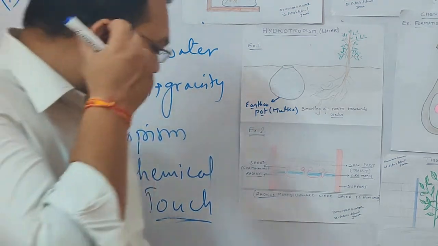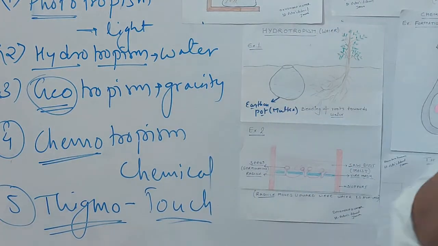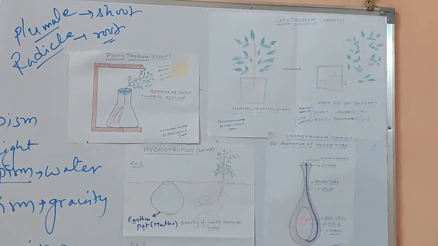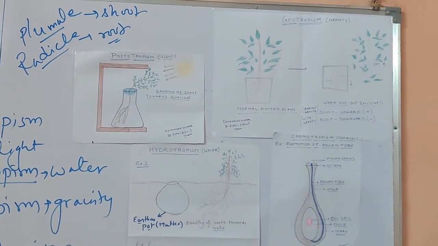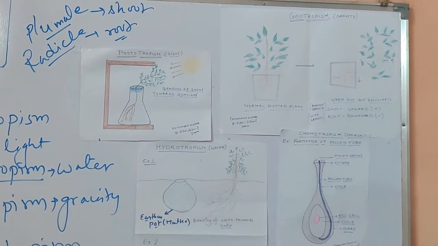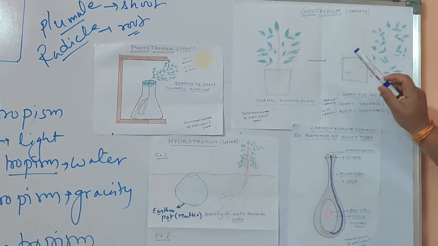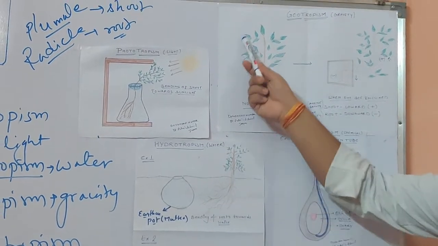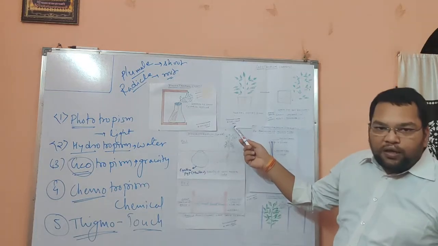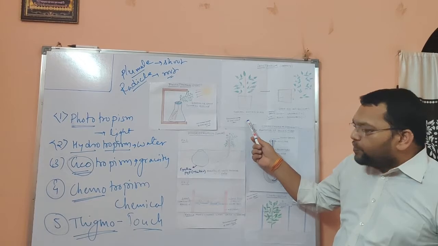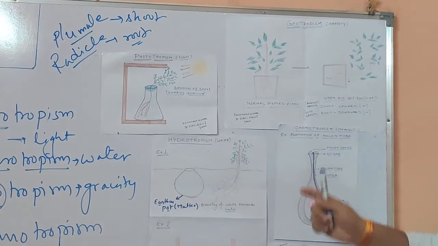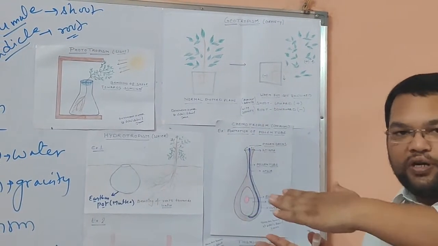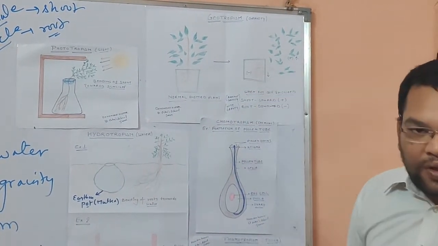Now the third case is geotropism. That means the movement is due to gravity. First, what we have to do is take a potted plant. I've already taken the potted plant here. It is a normal potted plant, and I place it like this. Now you can see, if I bend the pot and place it like this,